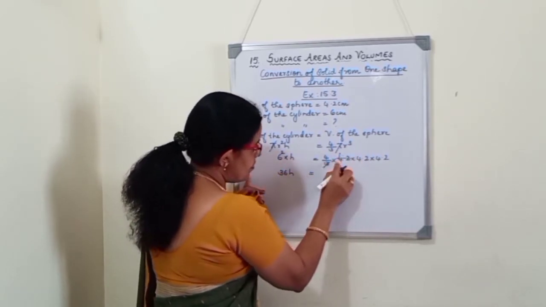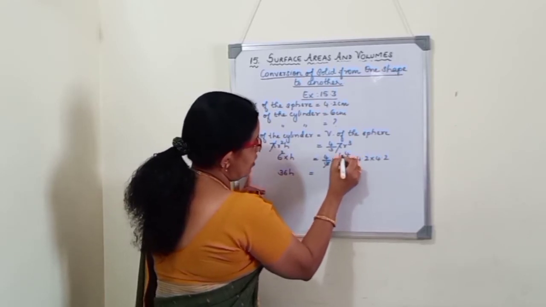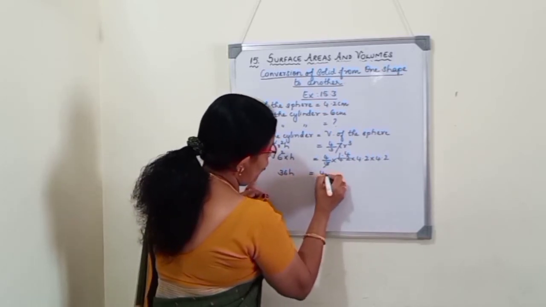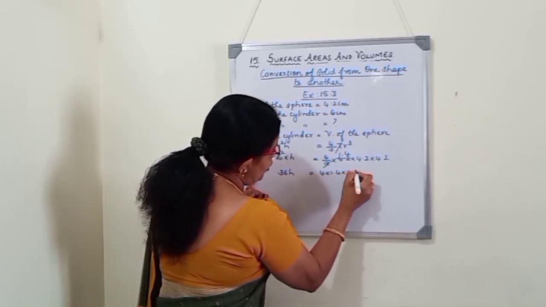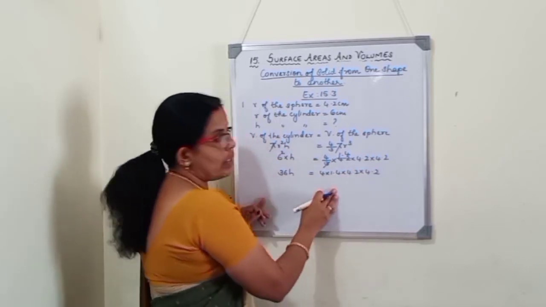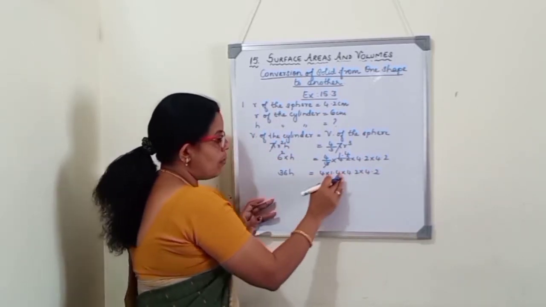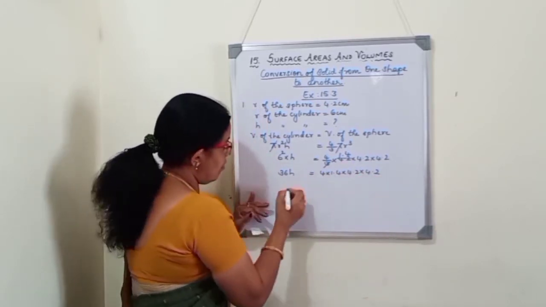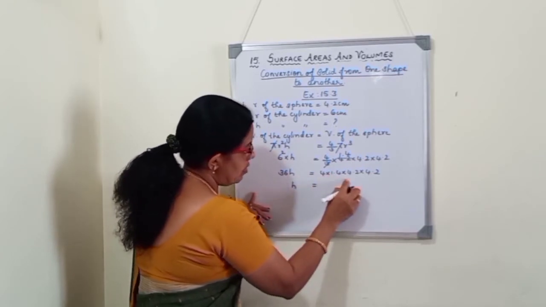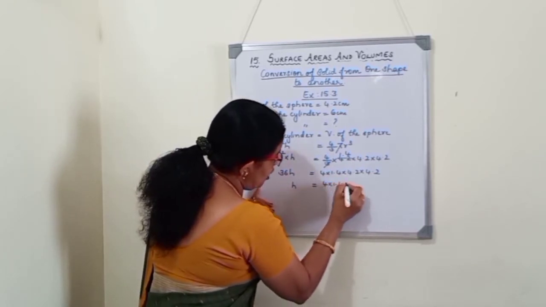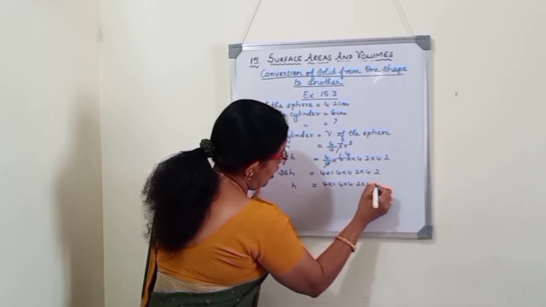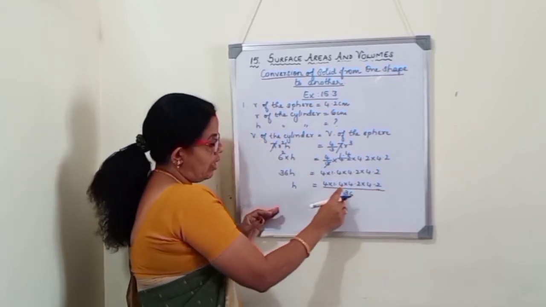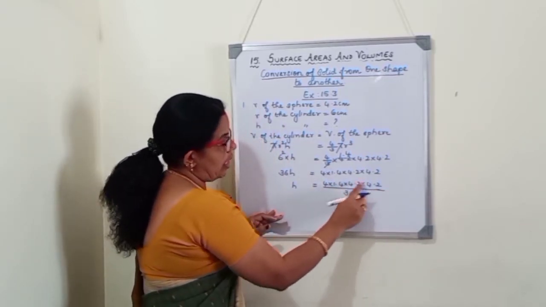3 ones are 3, 12, 3 fours are 12, with the decimal point. So it is 1.4. So 36h is equal to 4 into 1.4 into 4.2 into 4.2. While doing this type of question, there is no need to multiply all these numbers. Anyway, we have to cancel, so multiplying and again cancelling is wasting your time. So as it is, you write 4 into 1.4 into 4.2 into 4.2 divided by 36, as it is. No need to multiply here. Now here, in the numerator, 1, 2, 3, 3 decimal points are there.